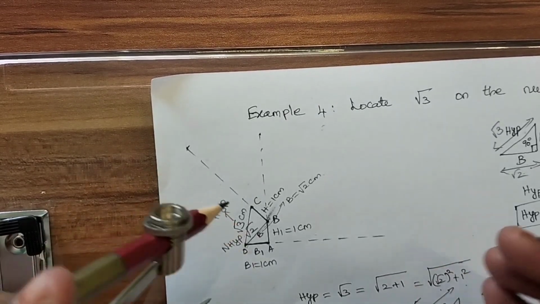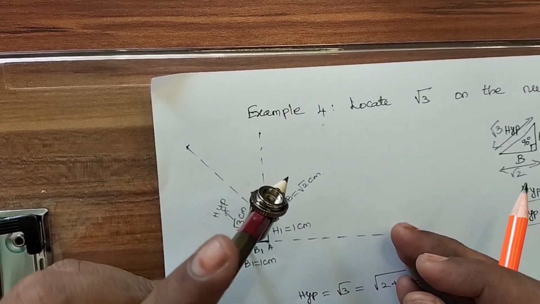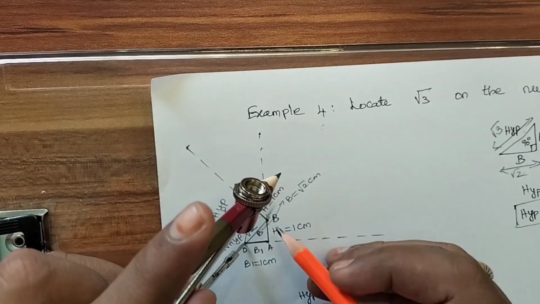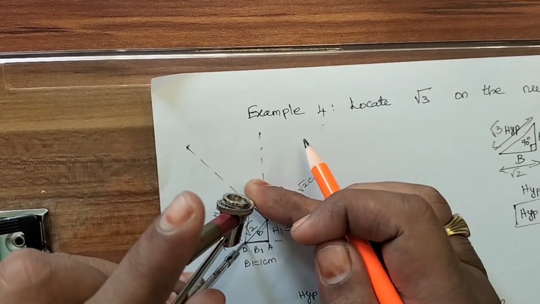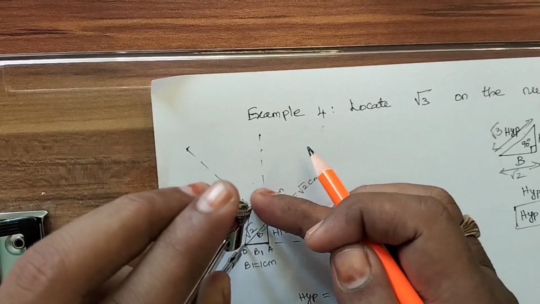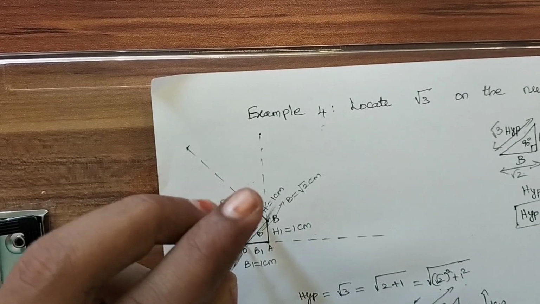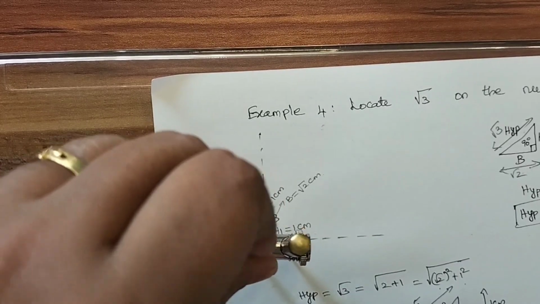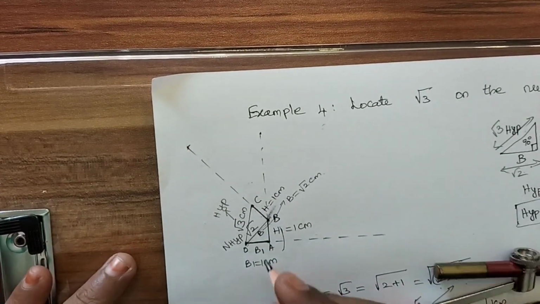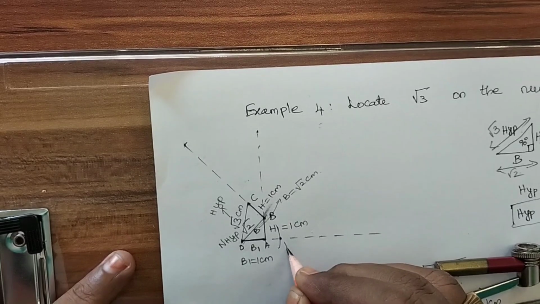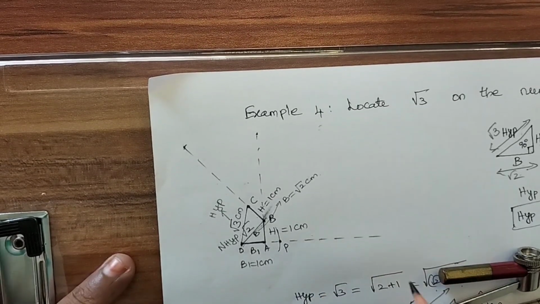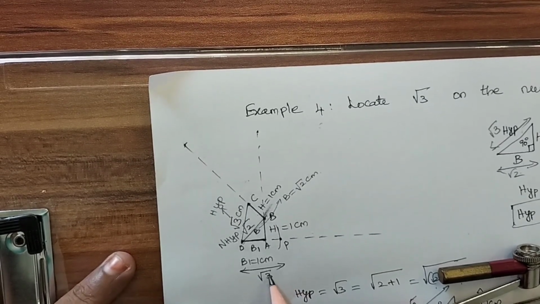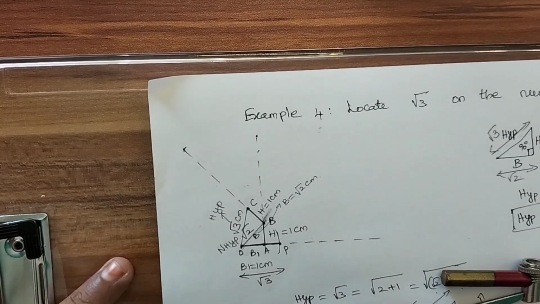From O, keep your compass tip at vertex O, and then at vertex C keep your pencil tip properly. Why? Because this measurement is root 3. Then draw the arc at the baseline, right? So draw the arc now. Once you have drawn this point, let me consider it as P. This point is root 3. So this measurement from here to here is root 3. Connect this in a dark line.